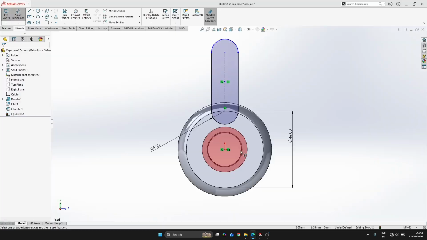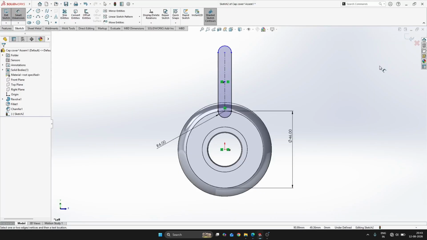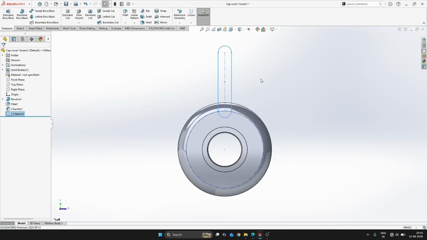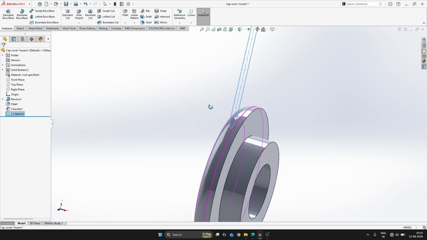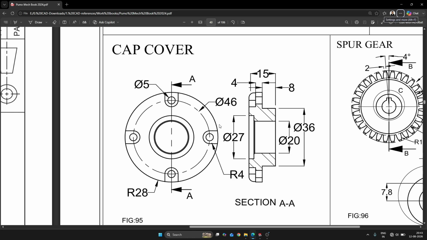Seems like more. So what we'll do? Okay, radius is 4 only, right? So fine. Now exit. You don't have to constrain that. That won't affect your sketch anyway. Okay. So now the thing is, you can